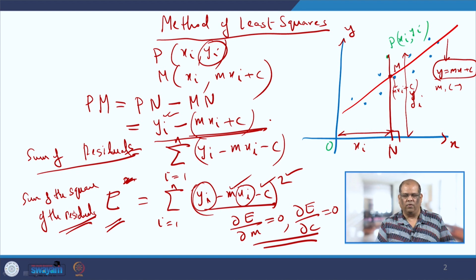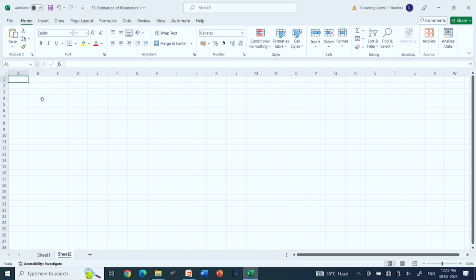However, we will be using software, in this particular case Microsoft Excel, or otherwise you have to write a code and the code will follow this algorithm. So let us see how we can estimate the parameters of unknown functions using Microsoft Excel. So I have an x value and a y value. The x values are 2, 4, 6, 8, 10, 12, 14, 16, 18, 20 and 22. These are the x values and the y value is